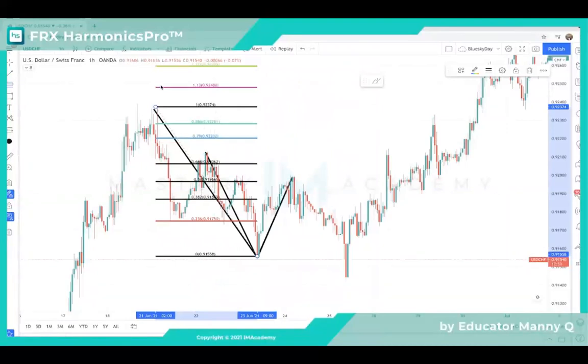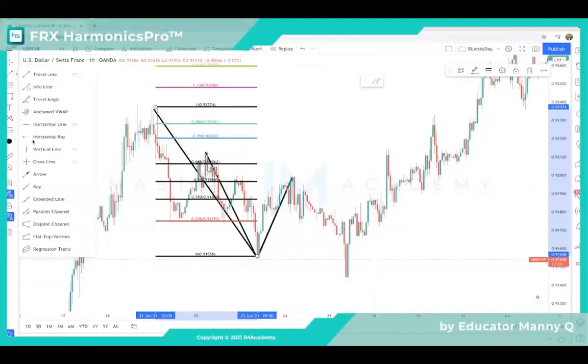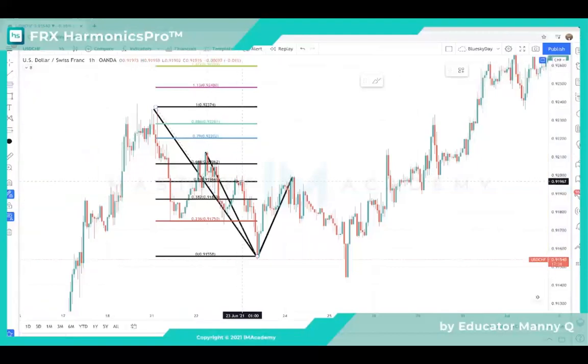Okay, so the very first Fibonacci pullback level from that swing point came around 50% of the move. Now, if I take, give me 1 second. We were doing good today. We don't want this to start lagging towards the end. So this first retracement came to about 50%. Now, if I move this,